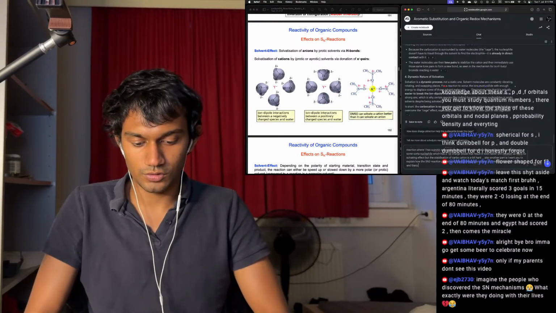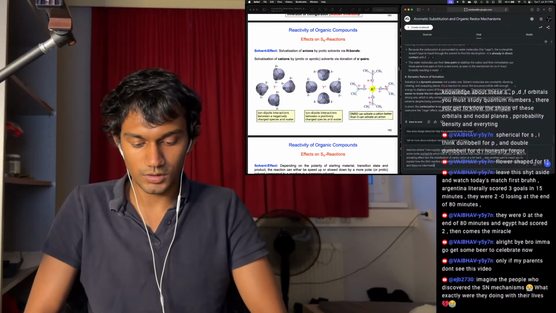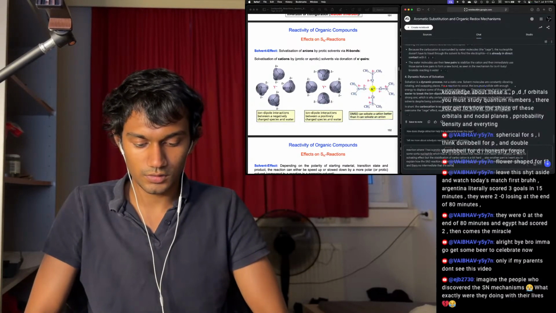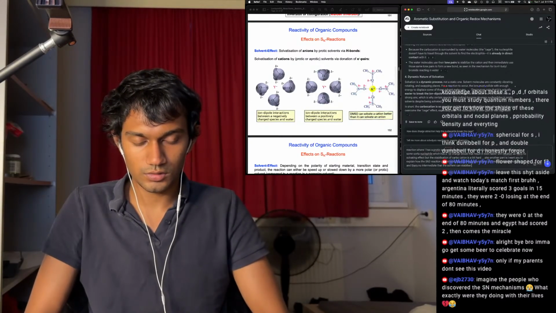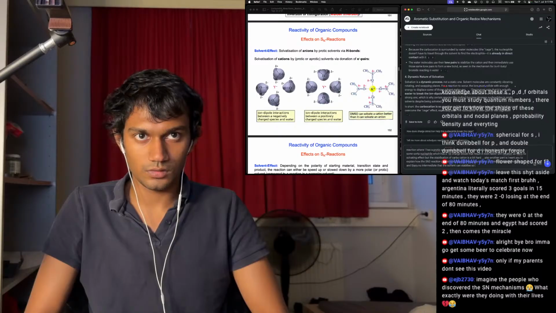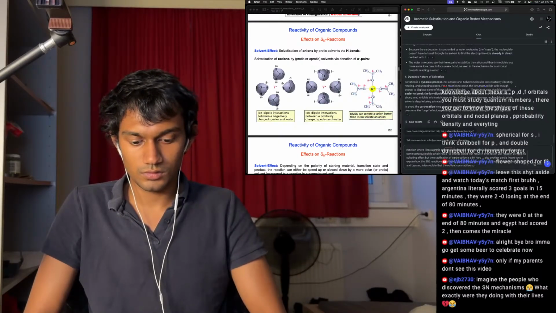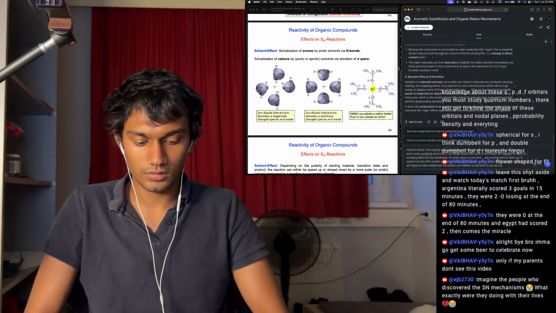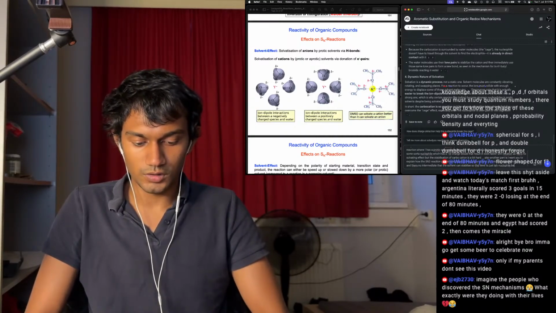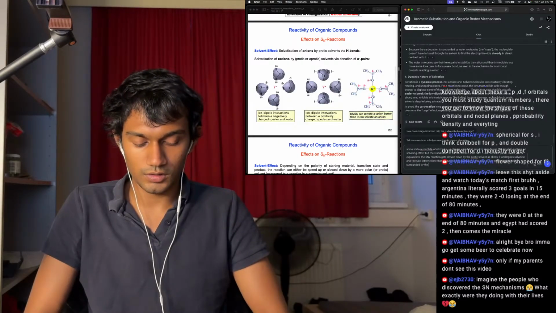And there's no intermediate that the solvent can stabilize. So this time it's just the nucleophile being surrounded by the